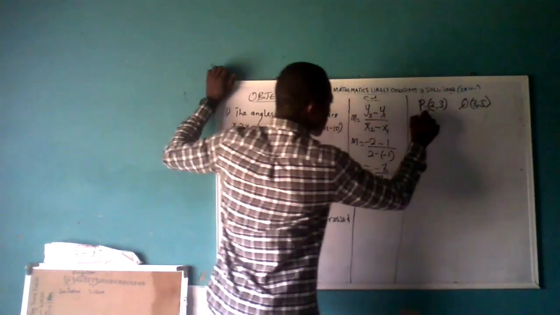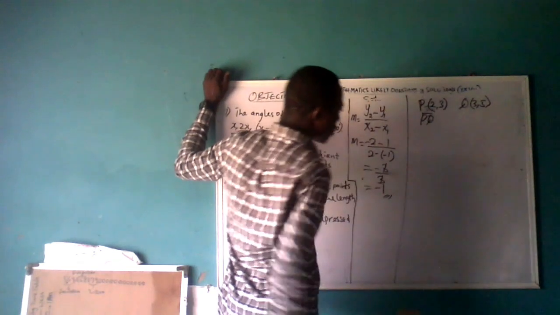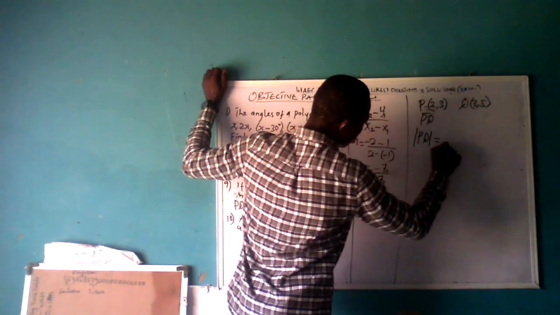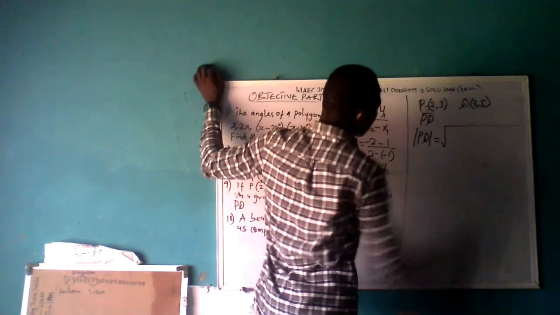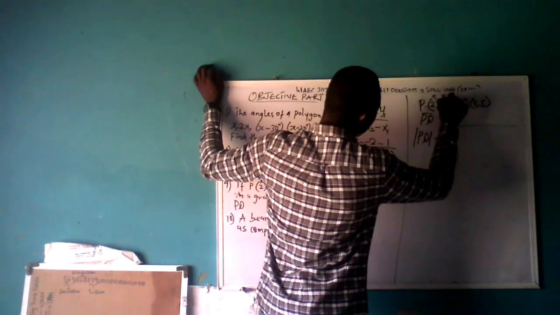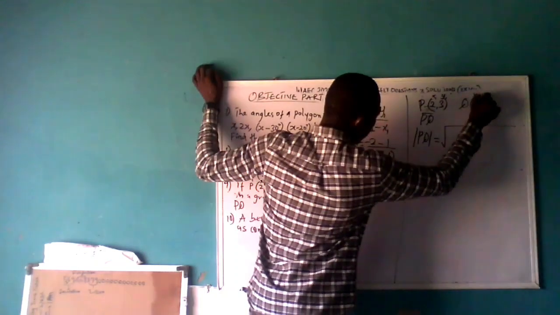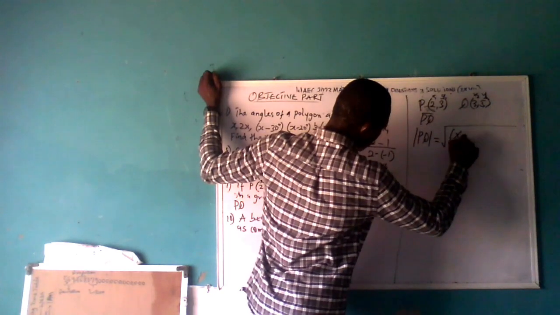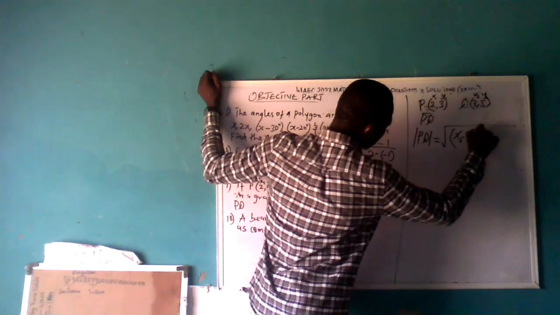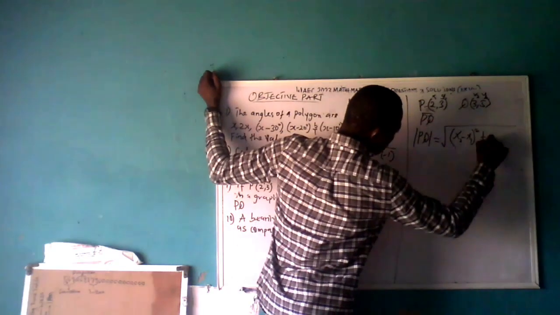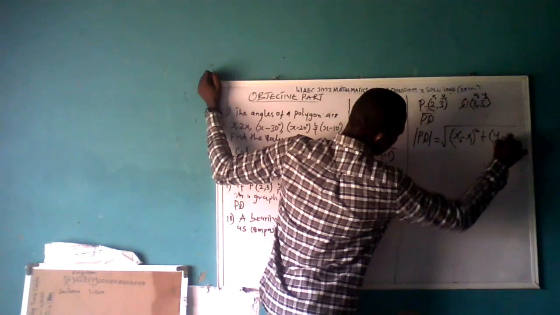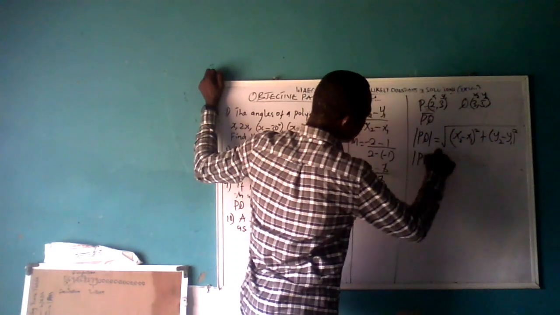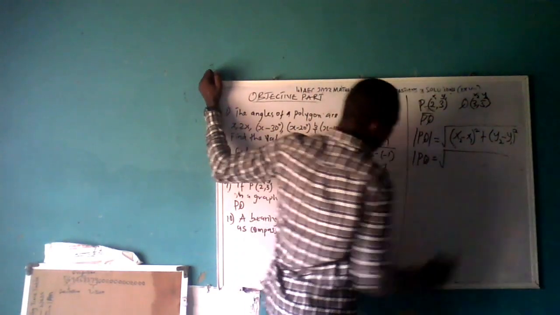And we have to calculate the line PQ. So the magnitude of PQ will be given as the square root of, don't forget this is (x1, y1), this is (x2, y2) on the graph, (x2 minus x1) squared plus (y2 minus y1) squared. Now with this you have the magnitude of PQ, line PQ, to be equal to the square root of,